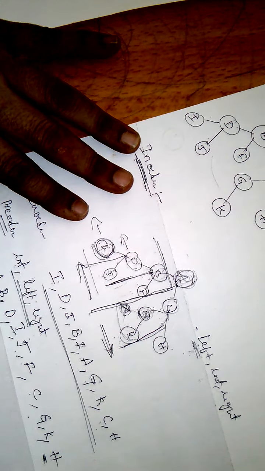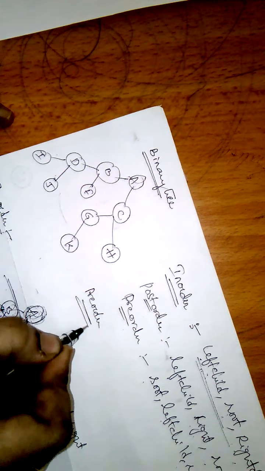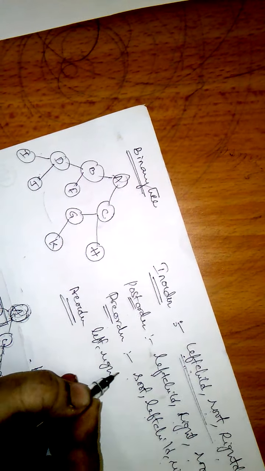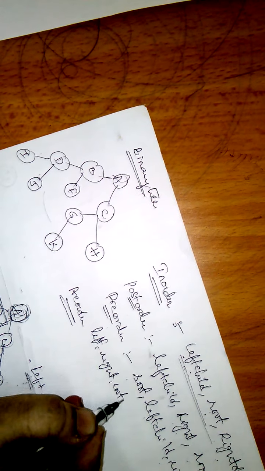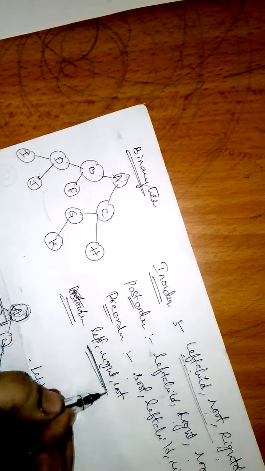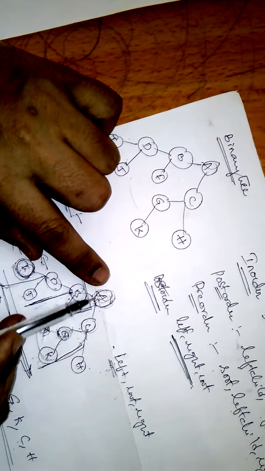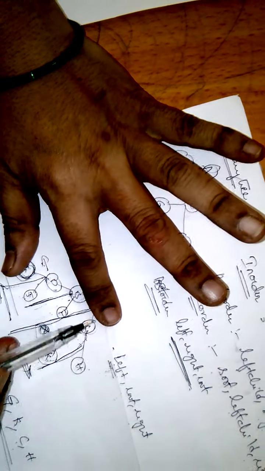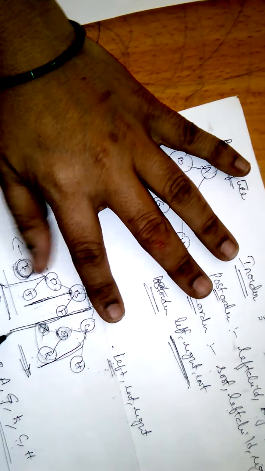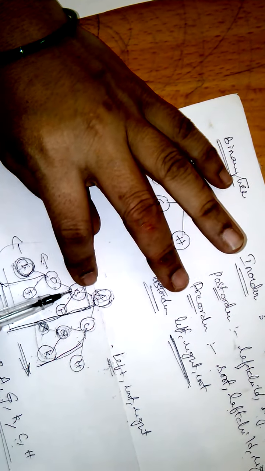Okay, I'll write here post order traversal. How will we visit? Left, right, and root. Now for the same example, first A. What is A? Root. So we don't visit A. First we have to visit left child. So this is the left subtree. Now again, what is this?